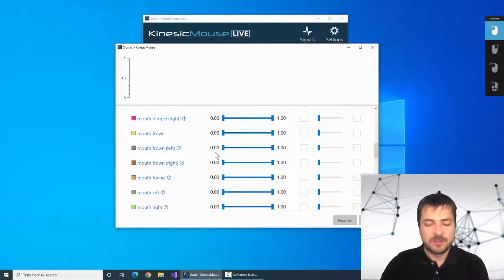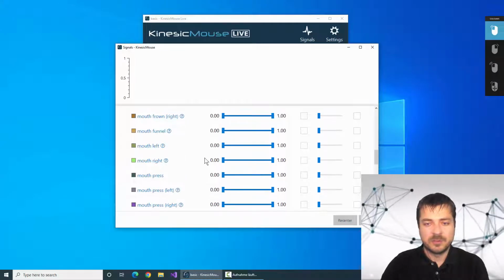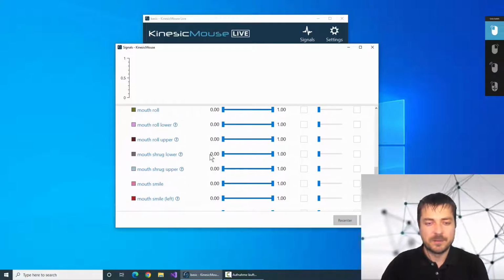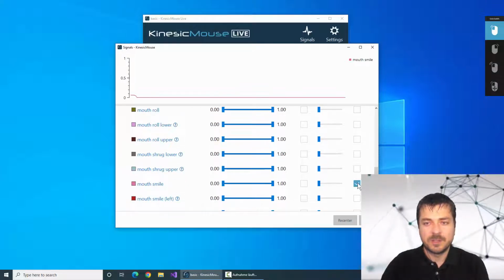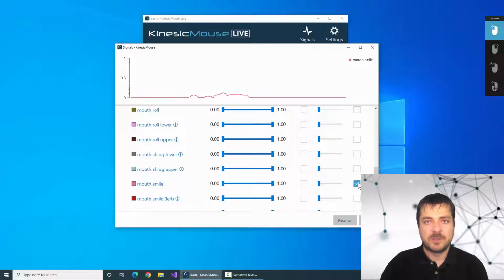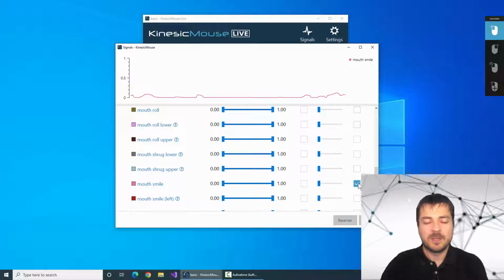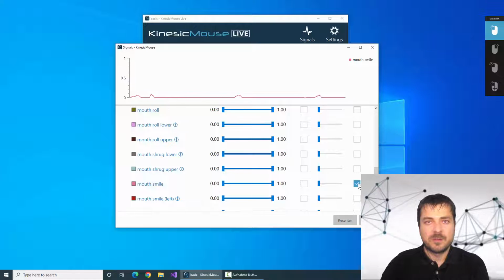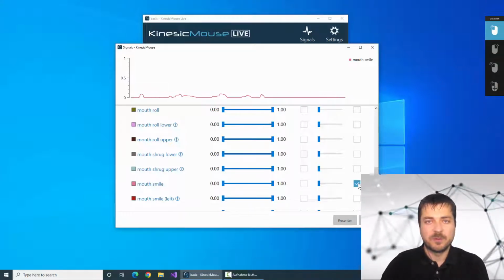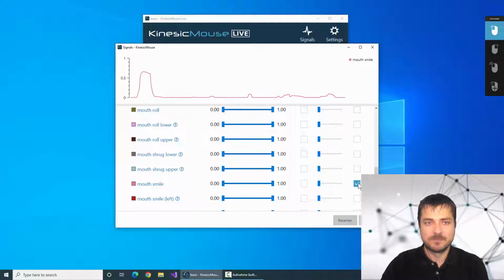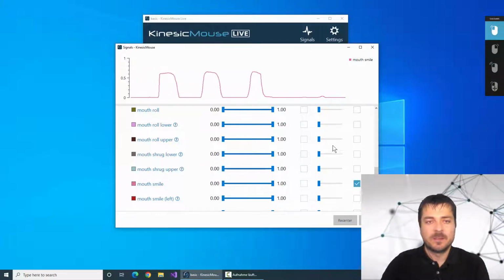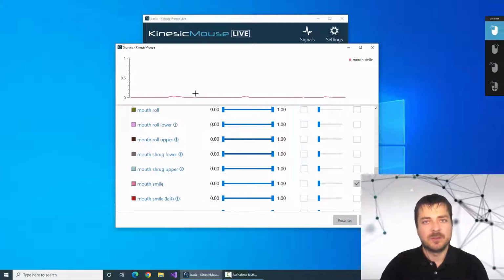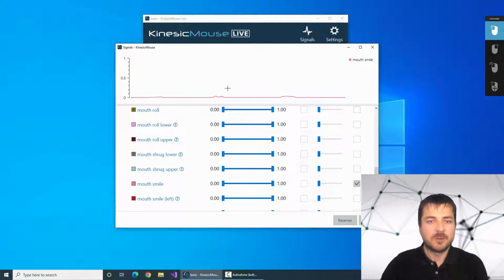If we want to adjust the signal, all you need to do is adjust the threshold of this signal. So for example, for our mouse smile, let's look here. I want to visualize the signal, and as you can see, when I'm talking to the camera, I'm already activating this signal, although I don't intend to do so. So let's watch how far I can push this graph upwards if I perform a mouse smile motion. As we can see, about 50% I can reach if I'm not intensifying the motion and I'm comfortable doing the